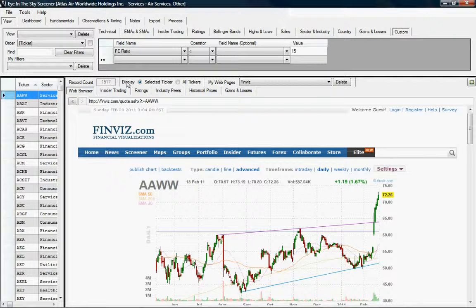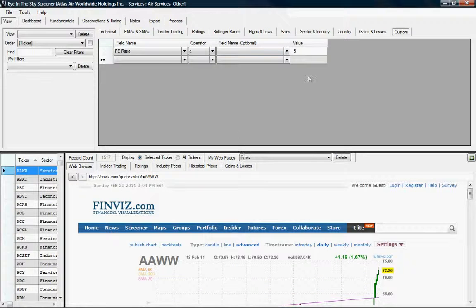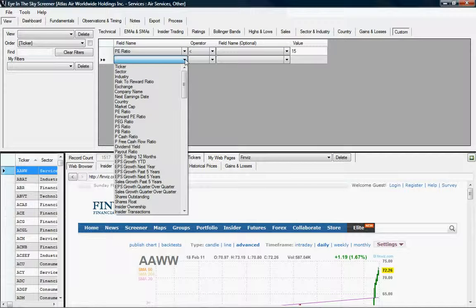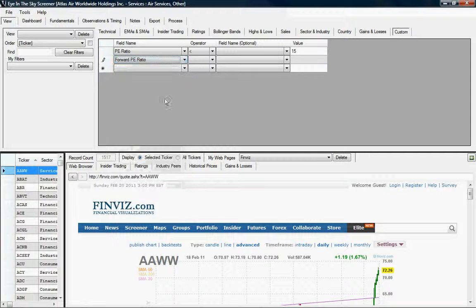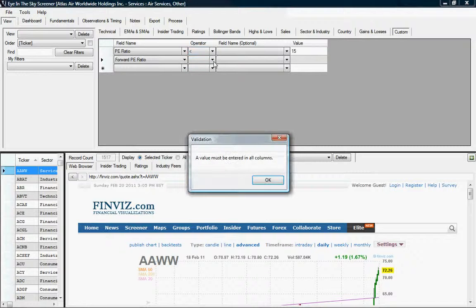You can define as many of these as you want, and they all combine with each other to further refine your results. If you wanted to see more of these at a time, you can grab this black line, it's called a resizer bar, and drag it down, so that way you can see more entries in this grid as you're defining it. So the next thing I wanted to do in this example is look for a forward PE ratio that is less than